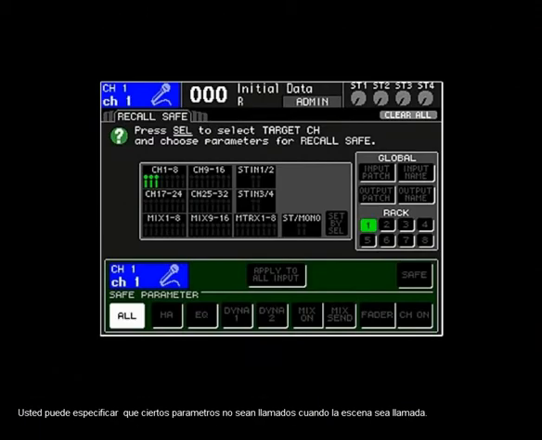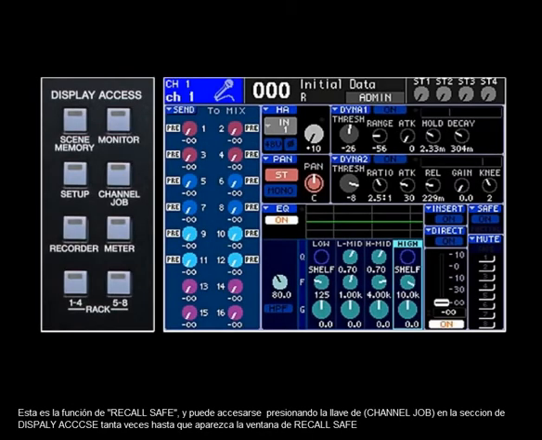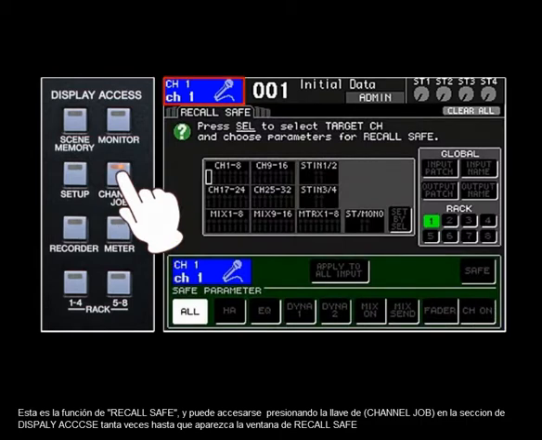You can specify that certain parameters are not to be recalled when a scene is recalled. You might want to do this to keep an announcer's mic open and unaffected by other console-wide changes while scenes are being switched, for example. This is the Recall Safe function, and it can be accessed by pressing the Channel Job key in the Display